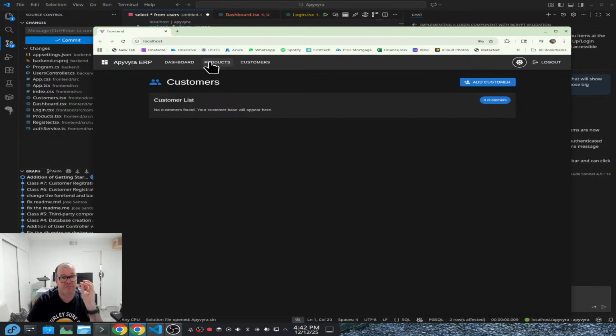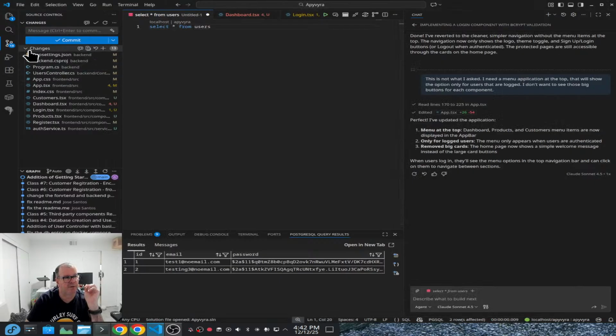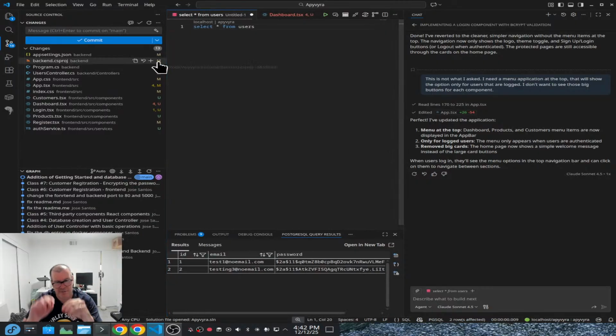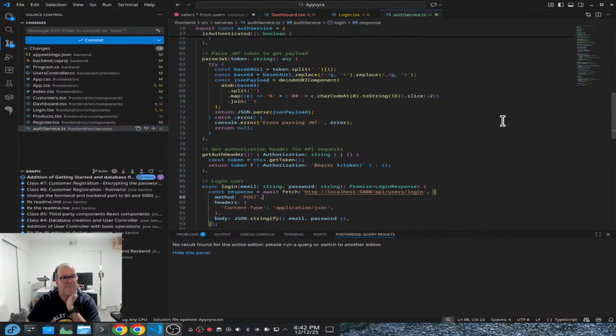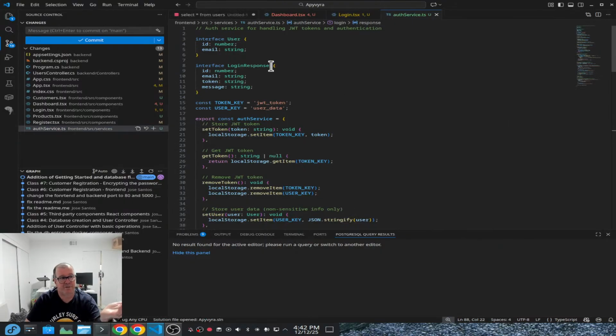So that was the idea for today's class. But before we go, let's go here and just review the important changes. We don't need to see little things like style, but for example, there is an authentication step. Let me hide this here so you can see. So as you can see, this is the front end, a TypeScript file, and there are some classes there like the user, the login response, and as you can see, the login response has ID, email, the token, and then a message. So this token is exactly